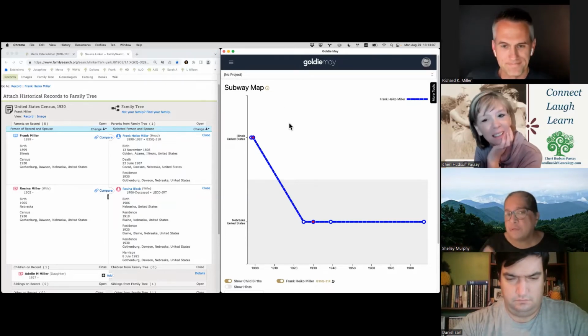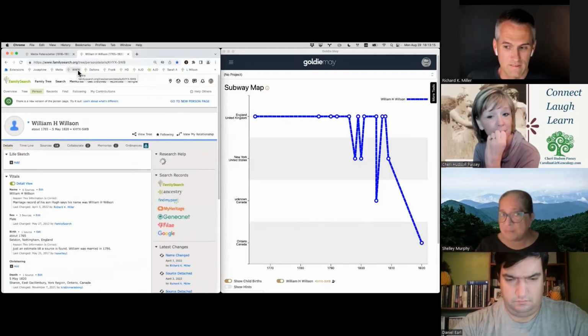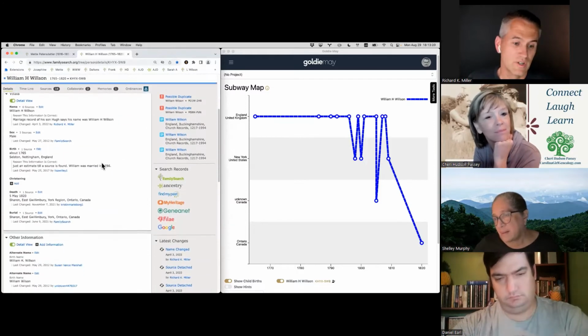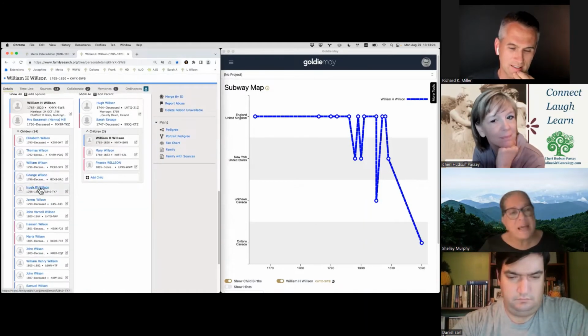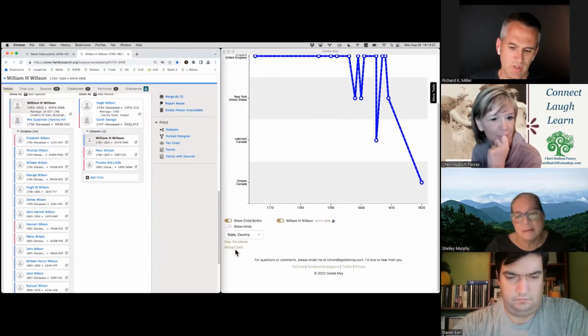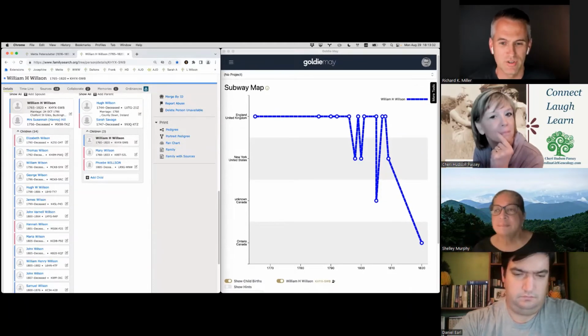So if you do see an error like you mentioned before, can you correct it or change it? Or because the map is only pulling from what's there. That's right. Yeah. So you would need to correct it on the FamilySearch side. You would, in my case, on the tree side. Okay. Got to do on the tree side. Yeah. And then you go down to this, there's a little button that says reload data. Okay. And that would just refresh the map to match what's new in the tree.